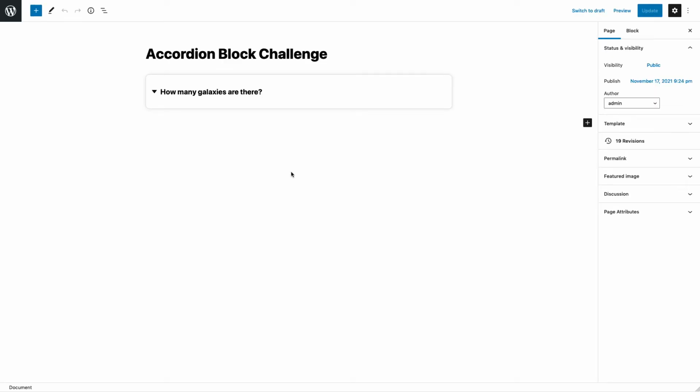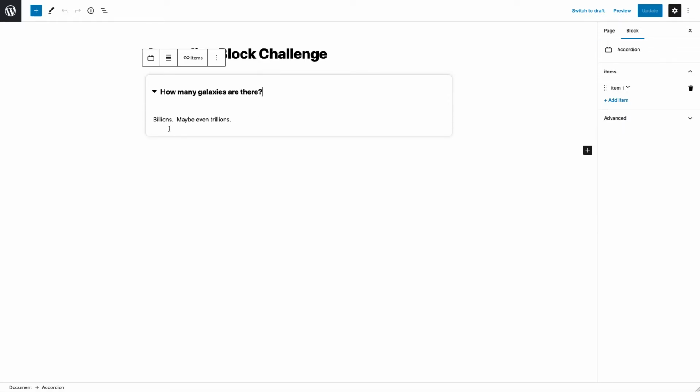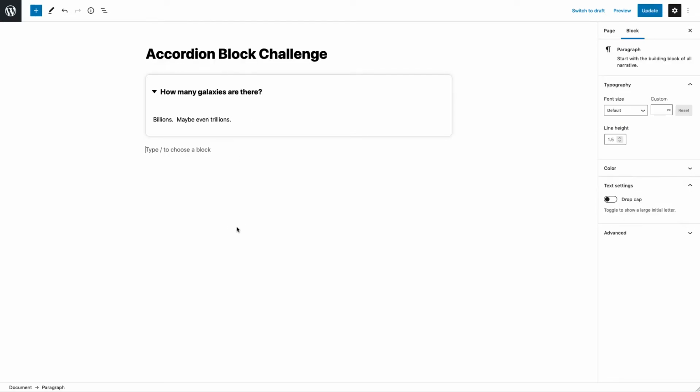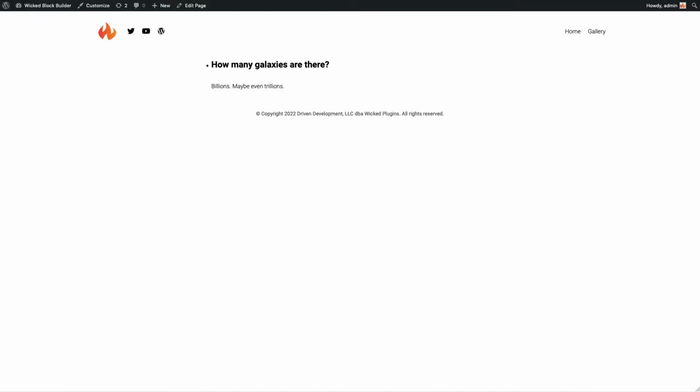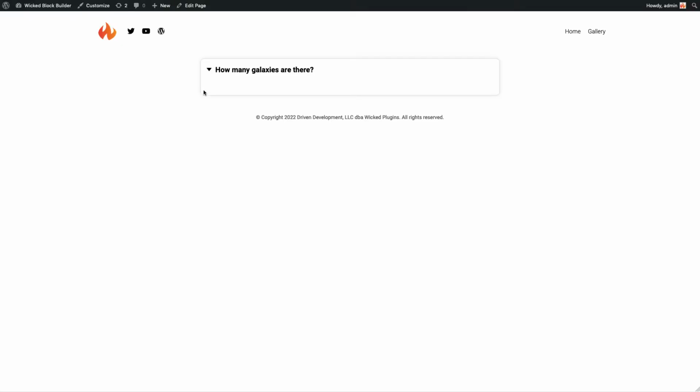Okay, so here's what it's looking like on the back end now. If we click into it, we can edit our headline, but we can also get to our answer so that we can edit it. But when we click out, we see a decent preview of what it'll look like on the front end. Let's check the front end and see if it looks similar. Okay, it does look similar, but it's not correct yet, and we can't see our answer,